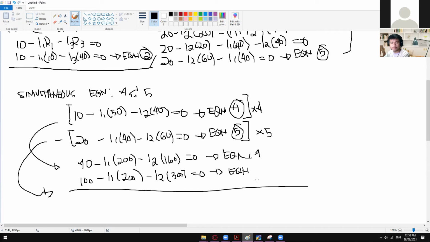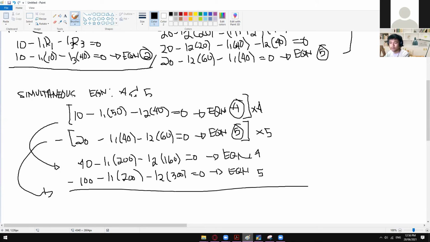Equation number 5. Okay, just one. What about the others? Okay, great. And then we can multiply this one by negative, or we can just simply deduct this one